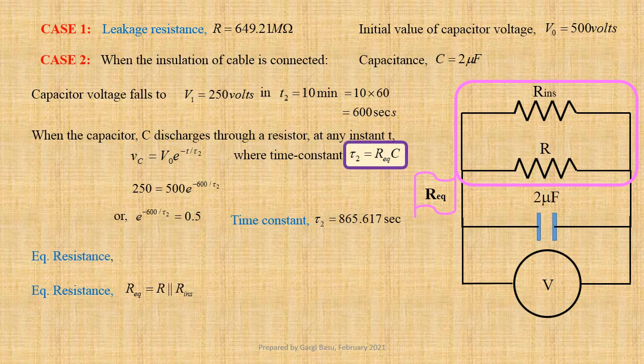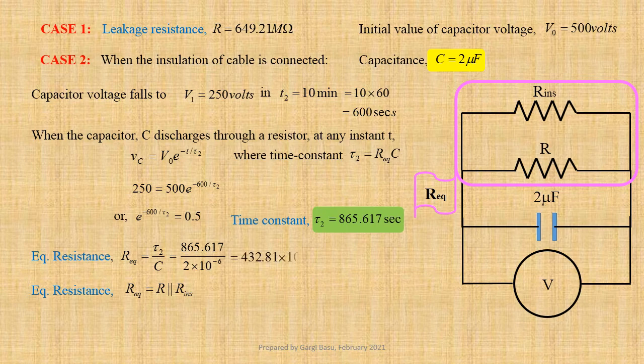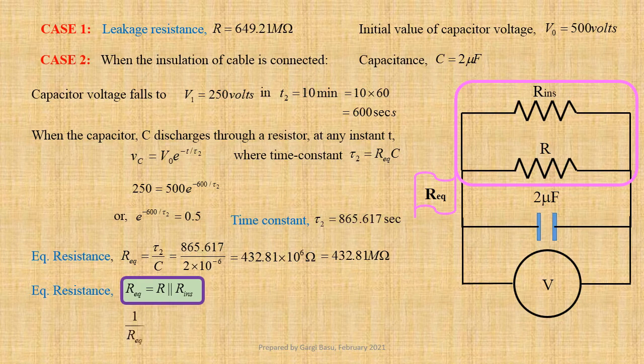Equivalent resistance Req equals tau 2 by C. Using values, we get 865.617 divided by 2 into 10 to the power minus 6. That gives us 432.81 into 10 to the power 6 ohm, or 432.81 mega ohm. As Req is the parallel combination of R and R ins, we can write 1 upon Req